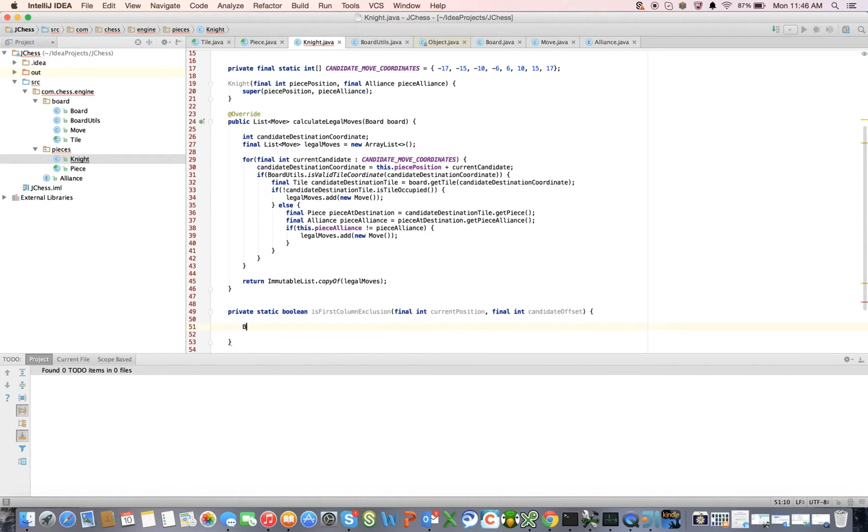So I'm going to say BoardUtils.firstColumn, currentPosition, and the candidate offset is equal to -17